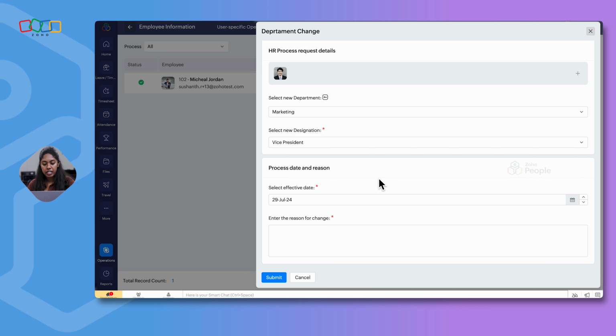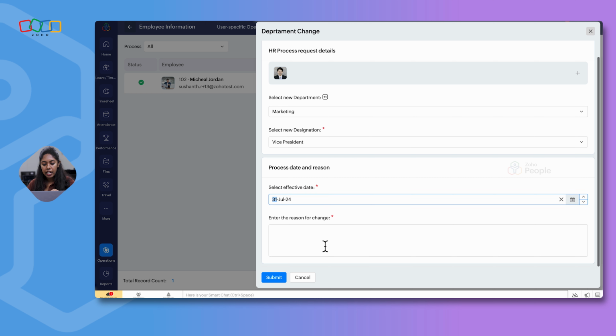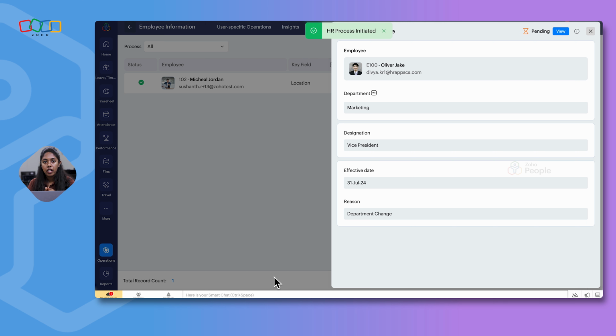After selecting a new designation, select the effective date, like from when these changes will be effective in the system. Let's make it the 31st of July, and you can enter a reason. Once all this information is updated, click on submit. So now this request is submitted for approval.